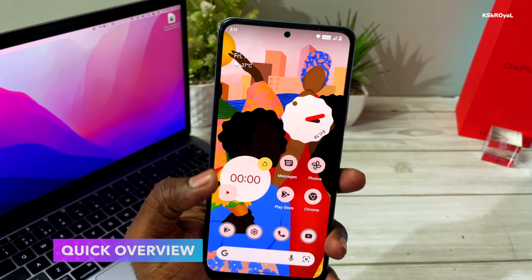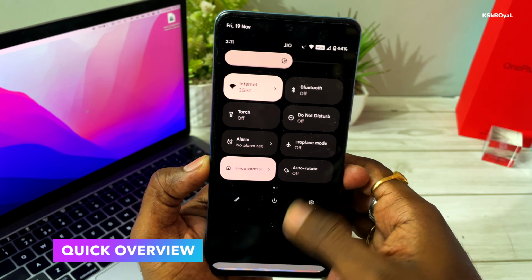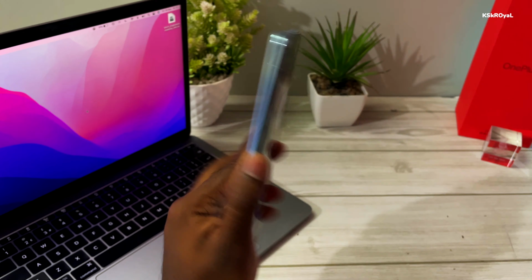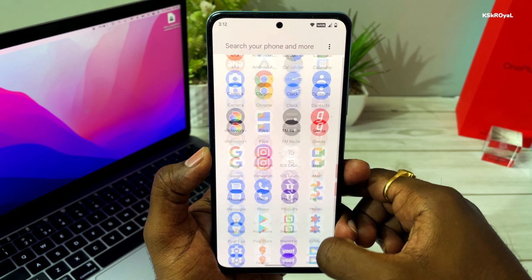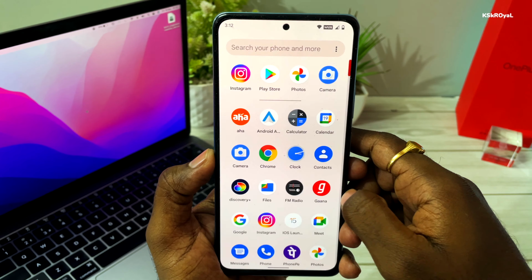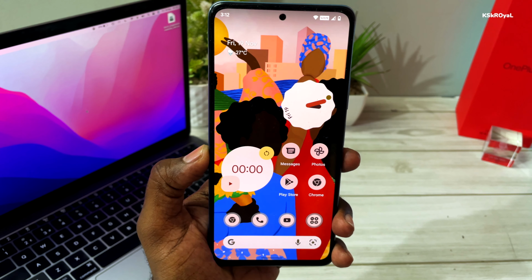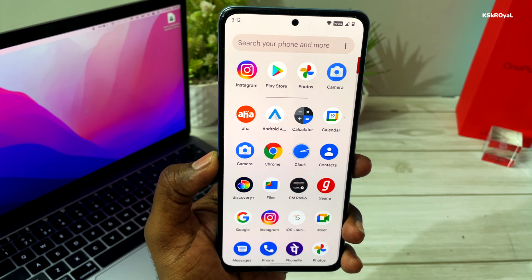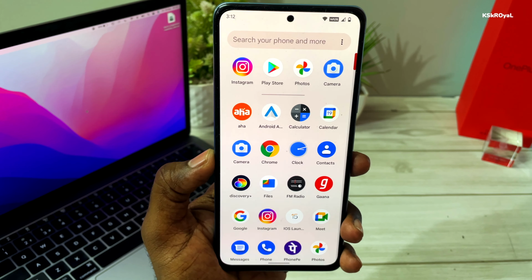Now, this ROM is based on the Android Open Source Project and brings a Pixel experience to the Note 10 Pro. You get the same experience as Pixel 6, but some features like live wallpapers are not included in this build. Apart from that, this is the default Pixel launcher you get to see out of the box. Swiping up brings up the app drawer, and swiping to the right on the home screen takes you to the Google feed.